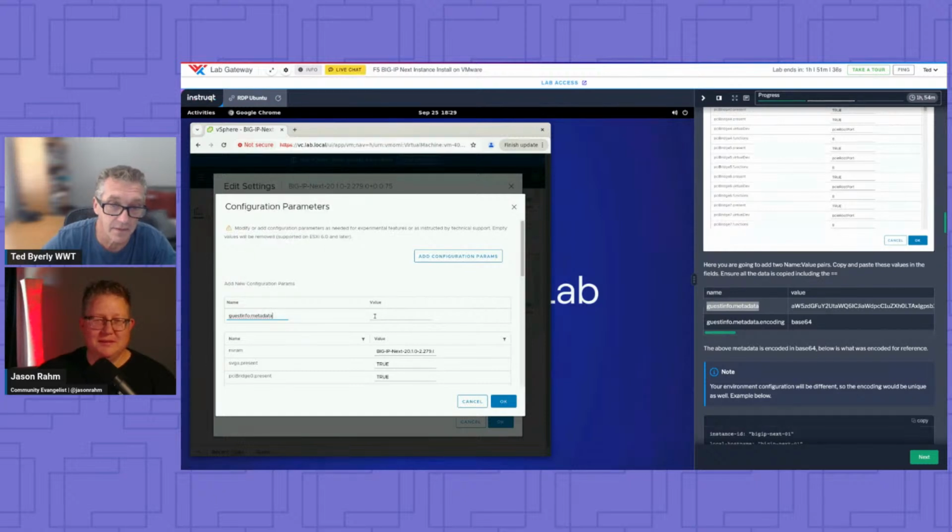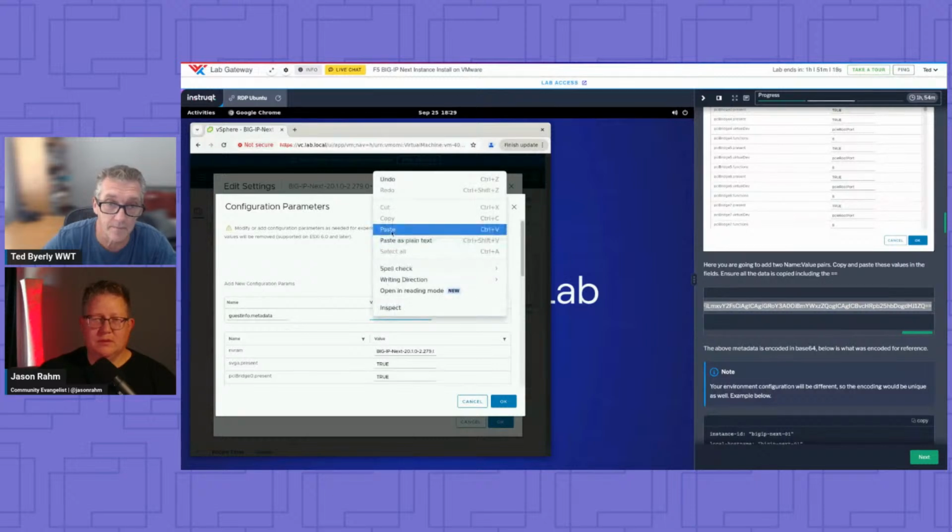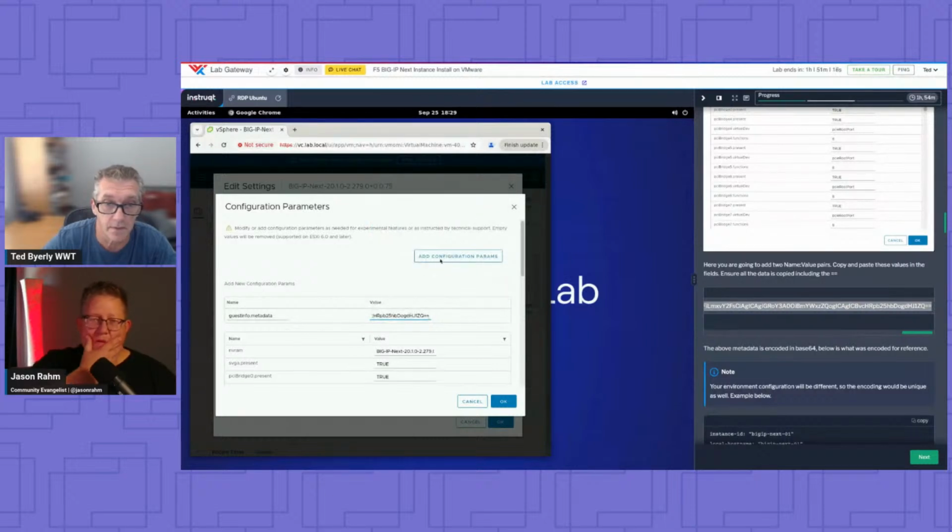Here's a value. And if you do this lab, this value is pretty long. It's base 64 encoding. Just go all the way to the end. And make sure it's noted, but make sure you get the 2 equal signs. There you go. We're going to add another one.